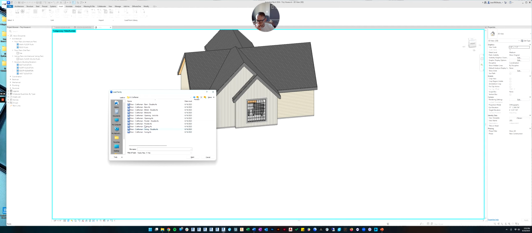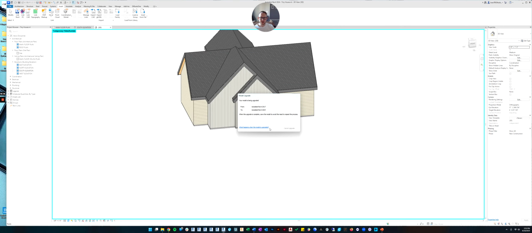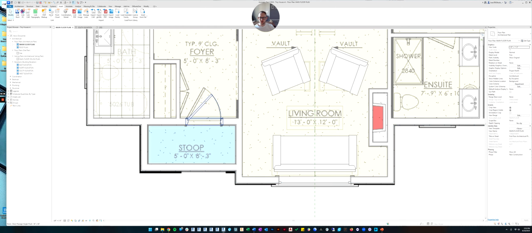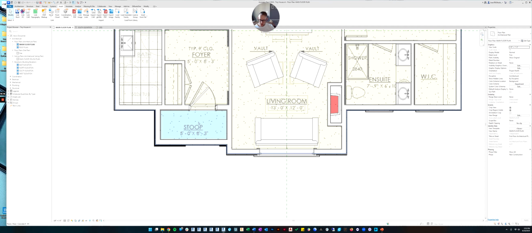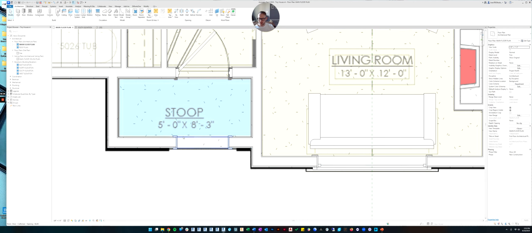Let's do an opening, because let's do 36 by 84 to start with. So we'll load that in because if you notice on our floor plan, there's an opening in the wall, and then there's the front door. So let's put the opening in first. Let's go to the door command, and we just loaded in the opening. So you can see it here. Let's place that.